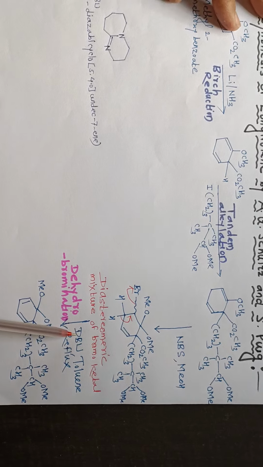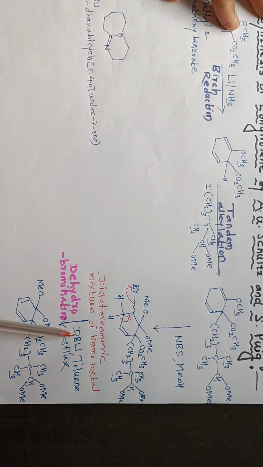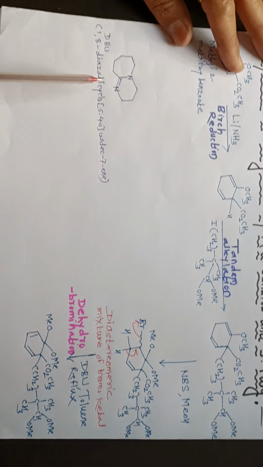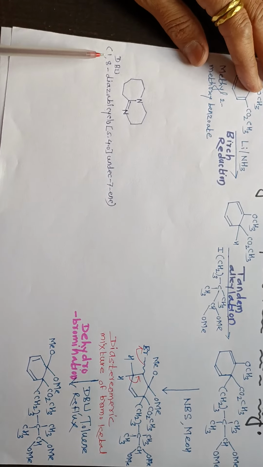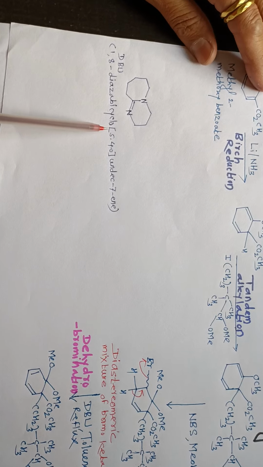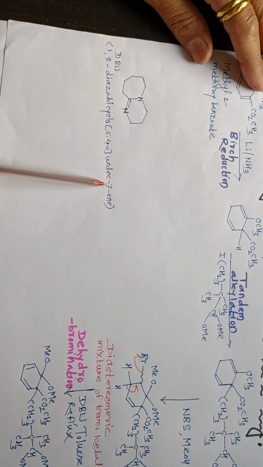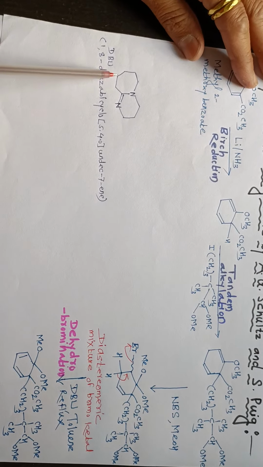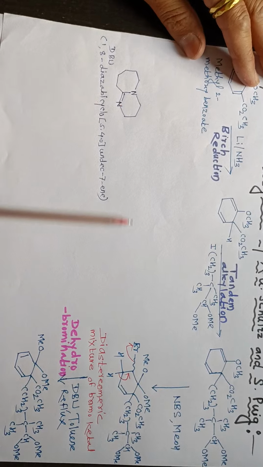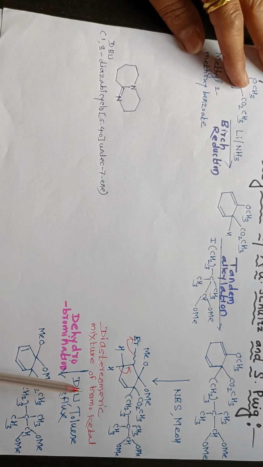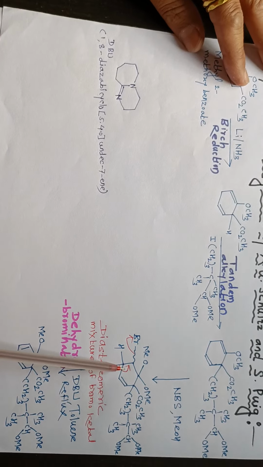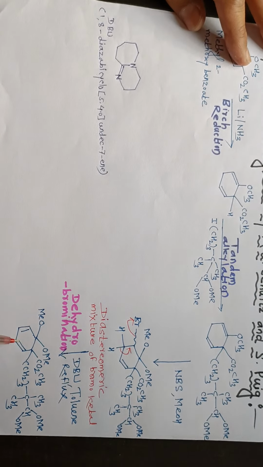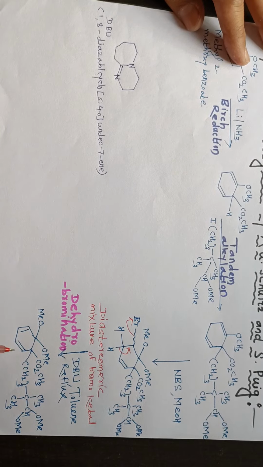As we know that this DBU acts as a base, sometimes it acts as a catalyst as well as it acts as a ligand. So this is the structure of DBU. It is 1,8-diazabicyclo[5.4.0]undec-7-ene. So this is the particular base. It consists of one 7-membered ring and one 6-membered ring. In this case, that DBU will act as a base. So there is simple elimination reaction. We can call it dehydrobromination, and there is formation of conjugated diene.